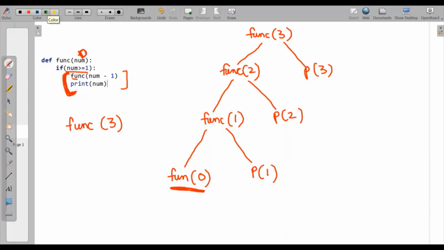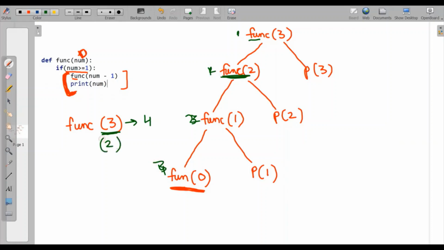Coming to recursive calls, how many recursive calls are there here? For func(3): 1, 2, 3, 4. So if we have 3 calls, the recursive calls will be 4. Now if I ask how many recursive calls for just func(2)? 1, 2, 3.